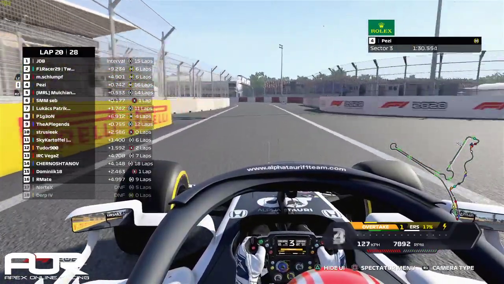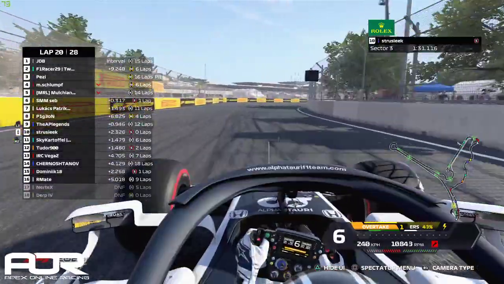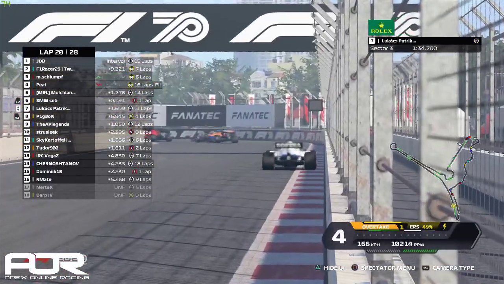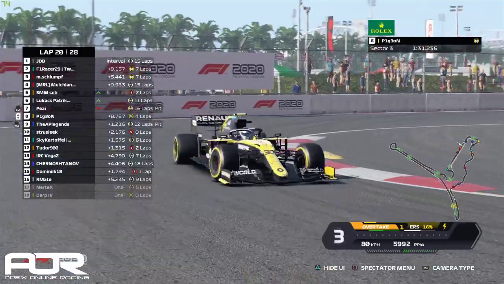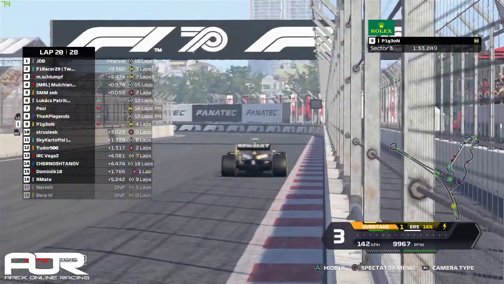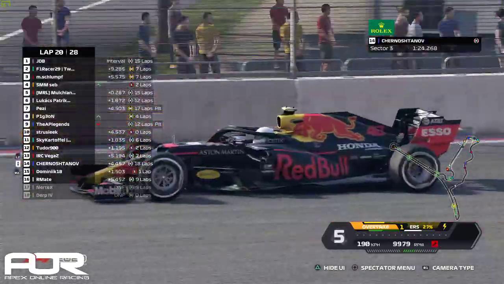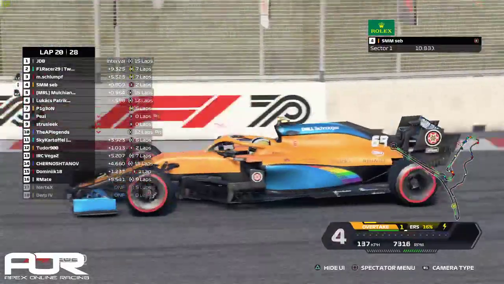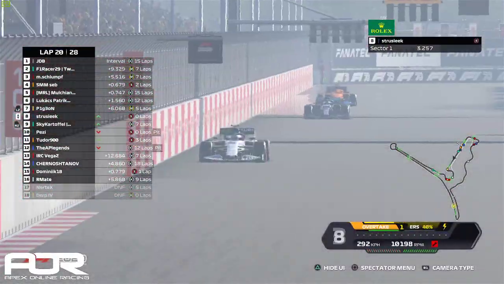I wanna say, oh, that's Pizzy coming to the pits finally, and oh, I just saw front wing damage for someone. Who was it? Hold on, was it the Williams? No, one of the drivers had front wing damage just when I was switching screens. I'm just trying to see who it was. I can't see. I don't know who actually got that. I think that was just